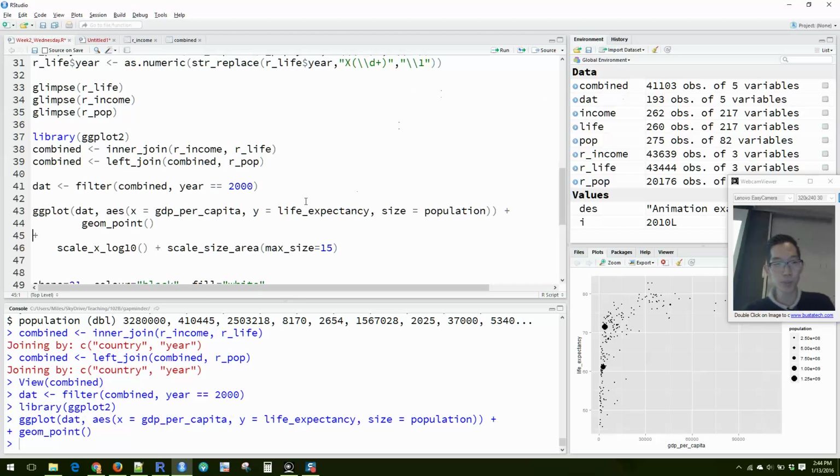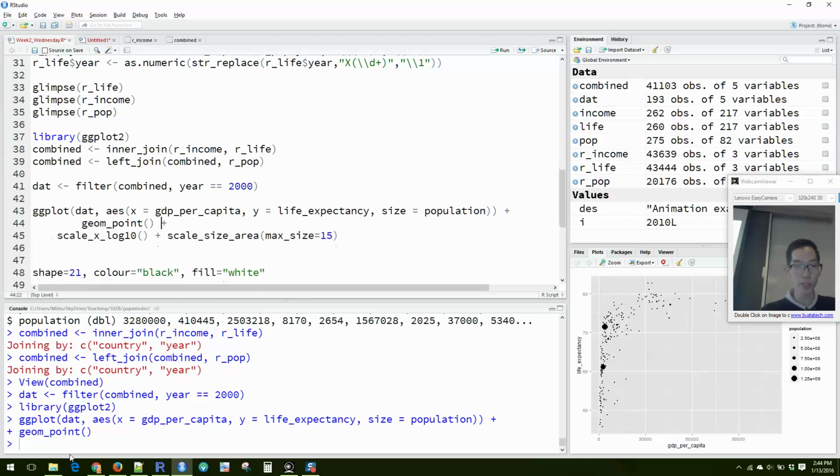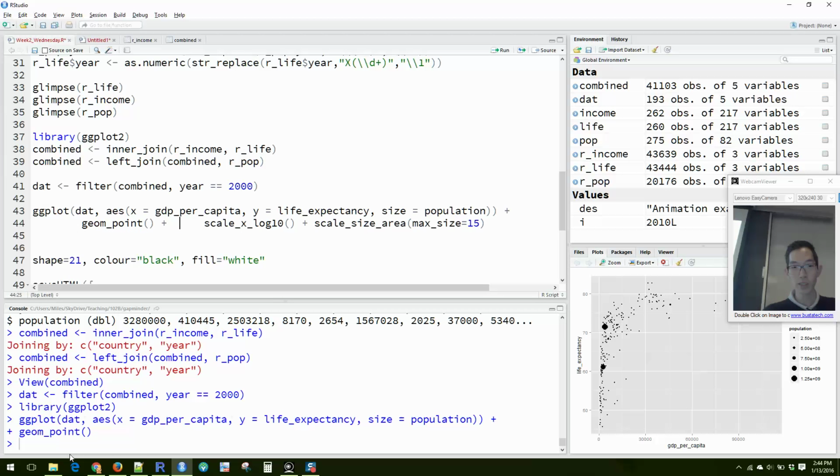So what we want to do is add a few options. One of them is to use a logarithmic scale on the x-axis, which you just tell ggplot2: scale the x log base 10, okay? And it says, okay, I'll do that. And then,